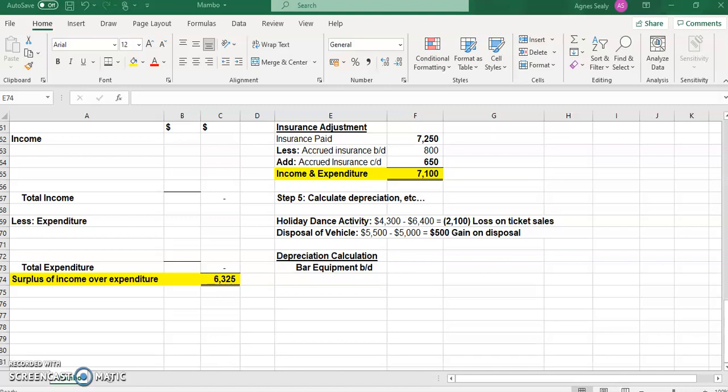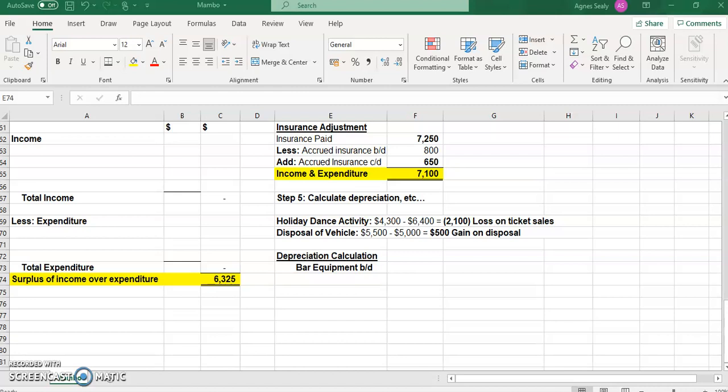Welcome back to part 6 of our video series dealing with nonprofit organization and our example question, Mambo. In our previous video, we started our step 5, where we were calculating if we made profits or losses on other activities that the business would have engaged in, like the dance that they put on, and they sold some tickets and they had some dance expenses,